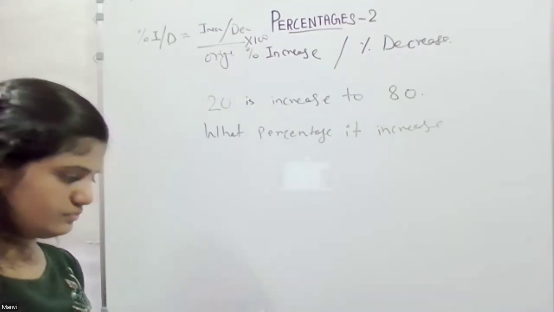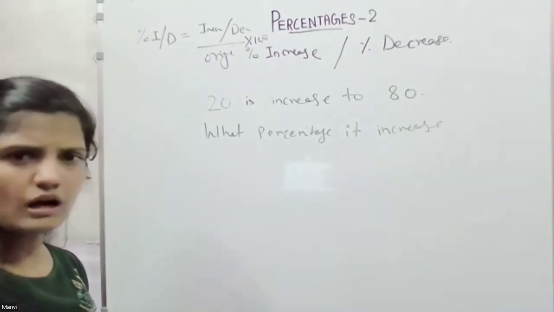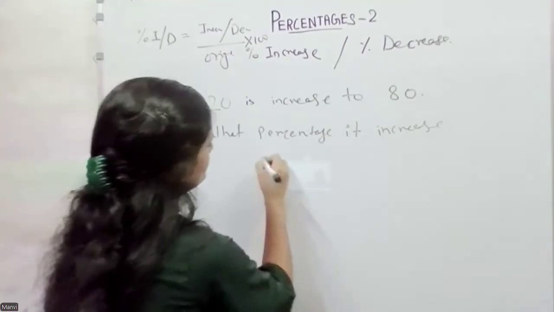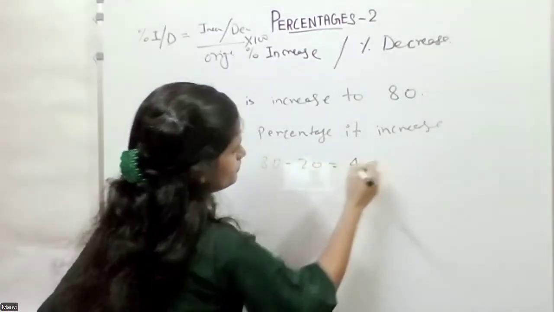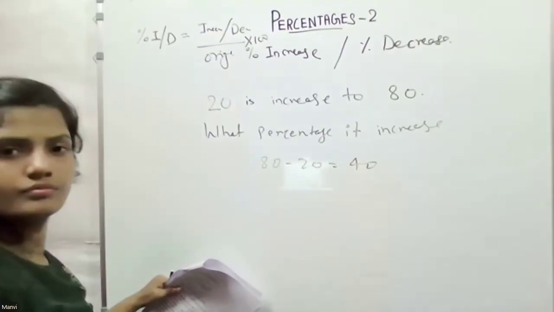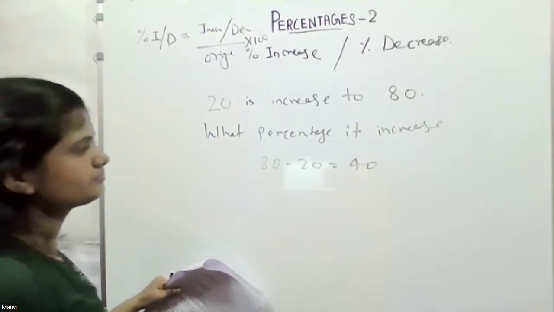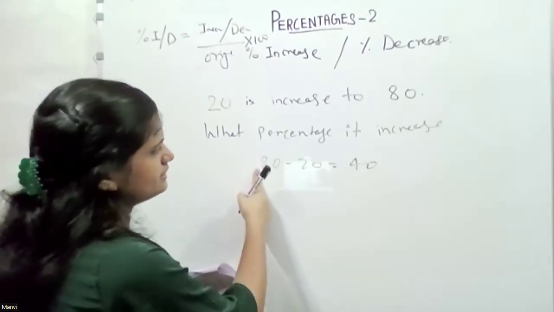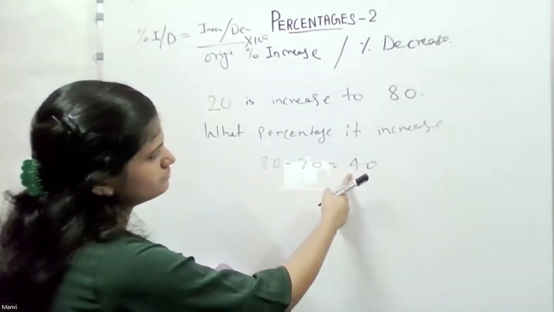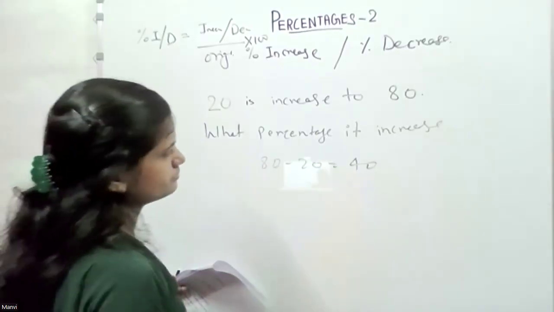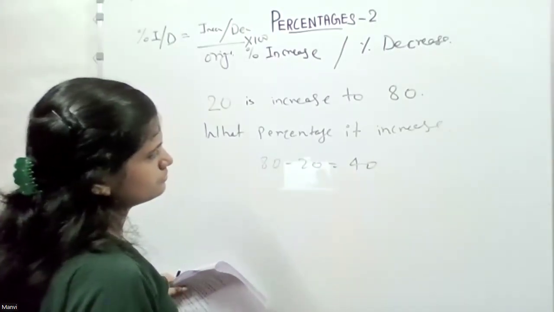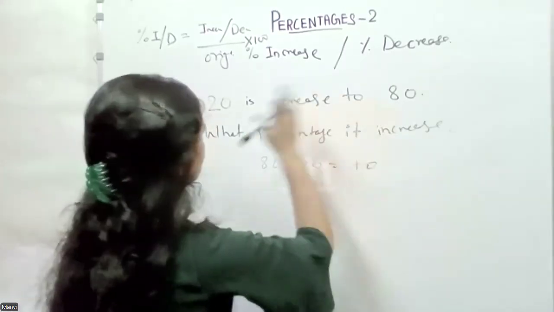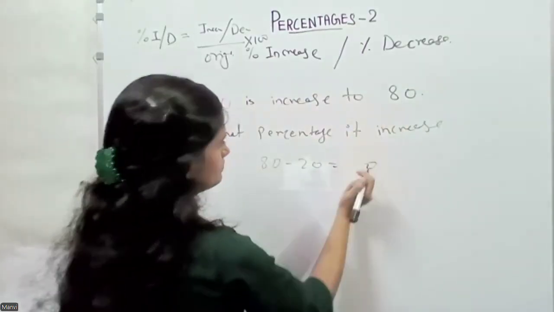It sounds like 800%. No, how 800%? It increased by what? It increased by the amount 80 minus 20. Oh, I put 180. Can I do it again? So if it is 180, then this will become 140, no, 160, I mean. Oh, sorry. 20 increased to 80. Okay, yeah. Thank you.